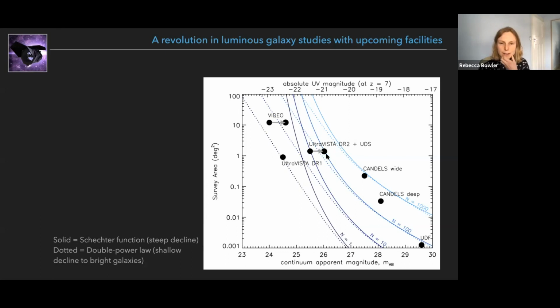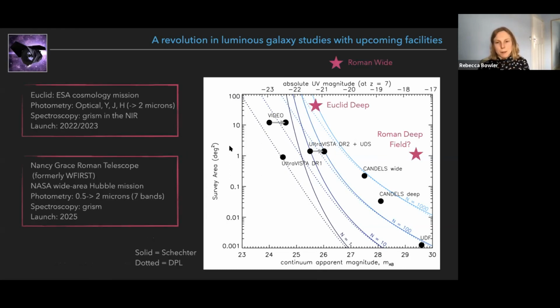Just to highlight the data I've been talking about to find these ultraluminous galaxies is this UltraVISTA point here, sort of in between these points. We found around 30 galaxies, which makes sense with my lines just about, and it's around 2 square degrees at 26th magnitude. So this is how much better we can do in the next few years. The reason we can start to push into this top right-hand corner, which I said is much better, is because of 2 new telescopes.